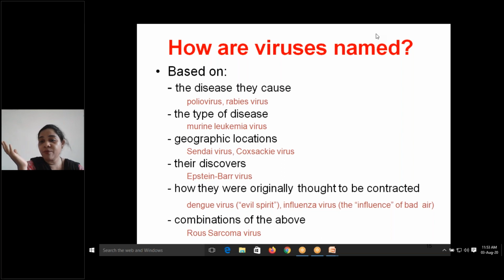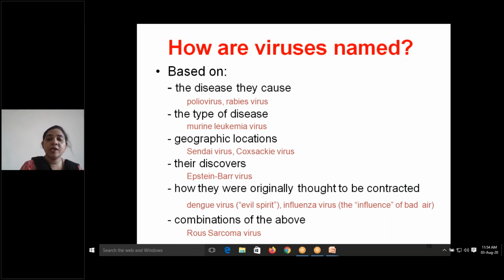There has often been a conflict to name this COVID as Wuhan virus. Why did they want to name it Wuhan virus? Because it originated from there. So, depending upon where the viruses originated, they can be named accordingly. Next one, discoverers. Who has discovered it? Depending upon the person discovering it, viruses can also be named. Example, Epstein-Barr virus.